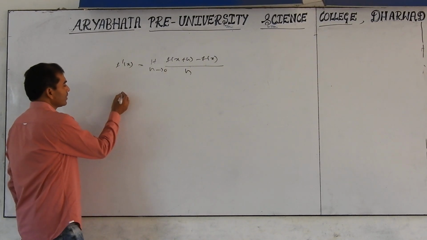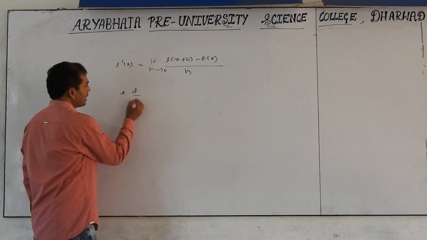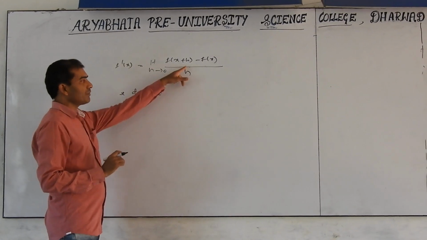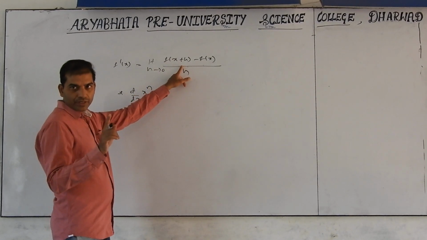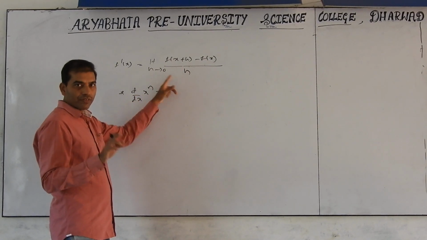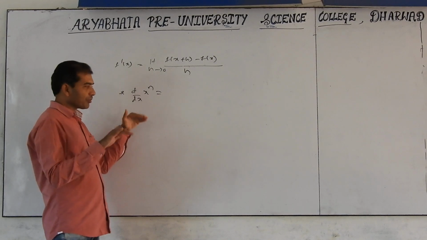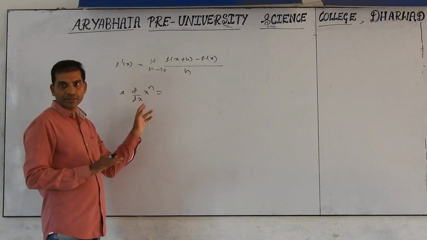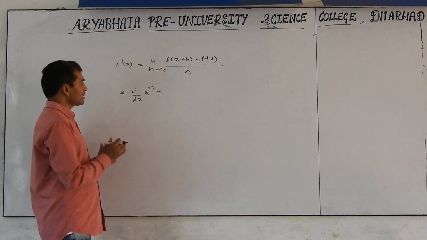Okay. First one, the formula d by dx of x raised to n. We have proved this by using the first principle of derivative, the first way. Now the proof is not necessary. The formula is important. Now I am recalling the first way concept. Later we will discuss the second way. Okay.